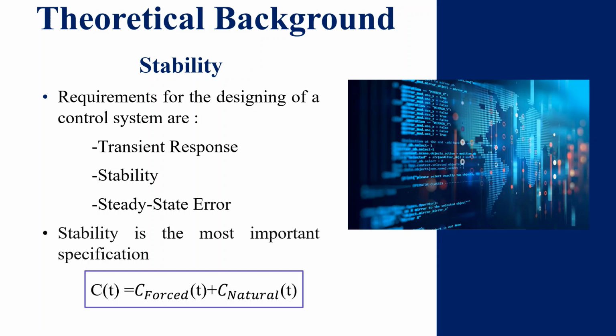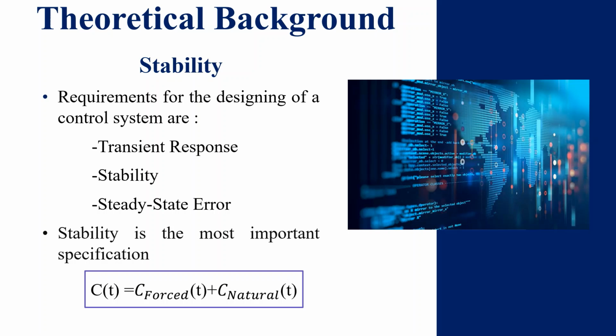There are many definitions for stability depending upon the kind of system or the other point of view. We can control the output of a system if the steady state response consists only the forced response, but the total response of the system is the summation of forced response and the natural response, as we can